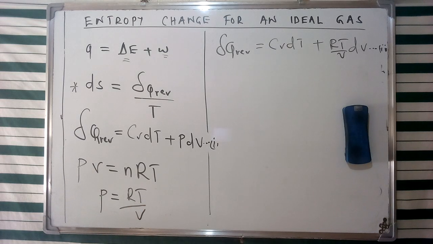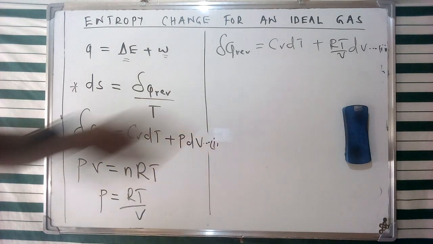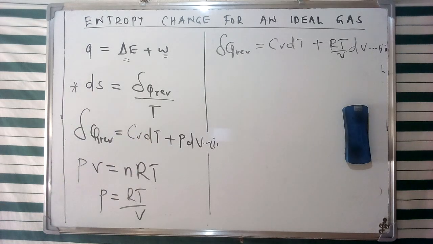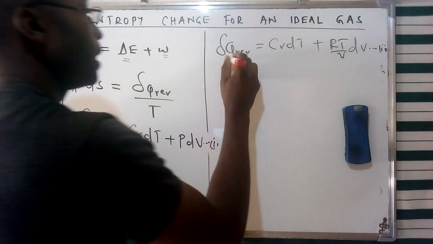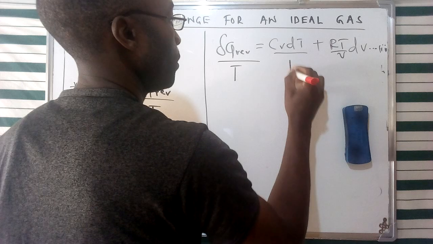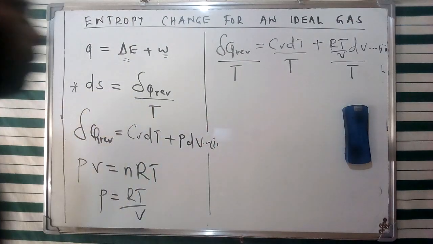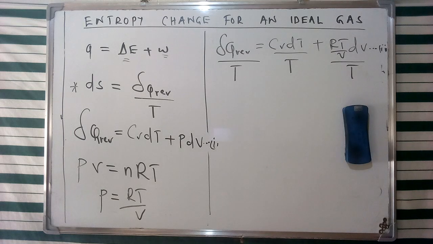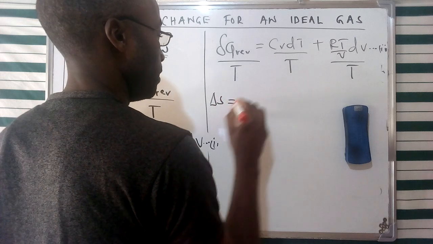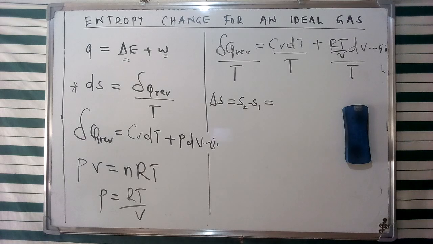Therefore, we can represent this specific change in entropy by having this one divided by T, so that we can achieve this specific ratio given as such. So this is going to imply that we have sigma Q reversible over T. Now, from the last bit of this equation, you can see that the T is going to be changed. And therefore, for us to represent delta S, which we had said is S2 minus S1, this is going to be given as Cv,